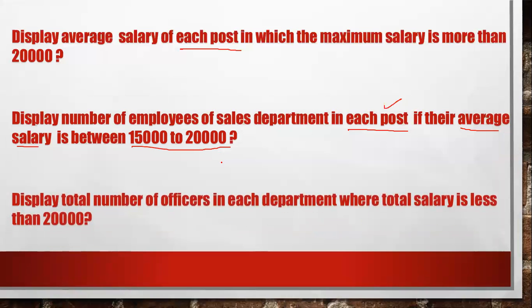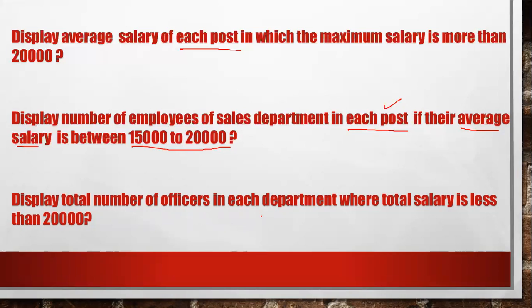Yeah, the third question is to display the total number of officers in each department. Over here it is given total number of officers, so it means we have to use count star for counting the total numbers, but we have to count only officers. So in the where clause we have to specify officers. In each department, what we have to do is first get the records of all the officers,